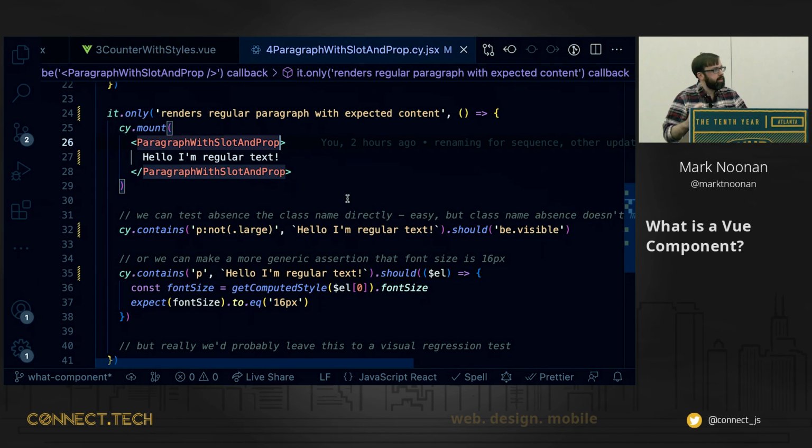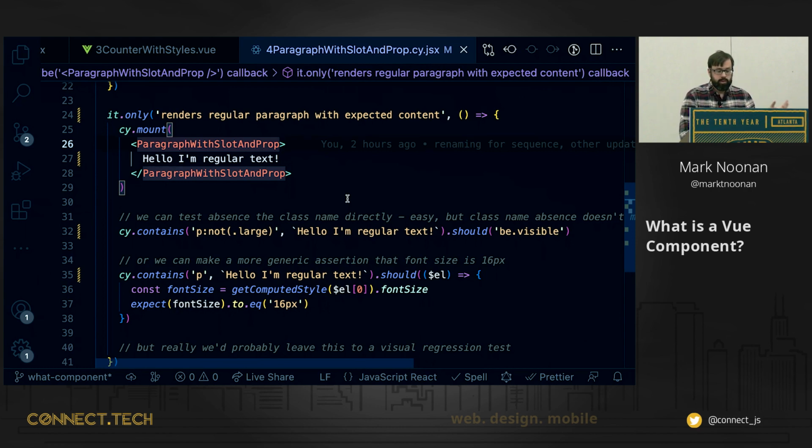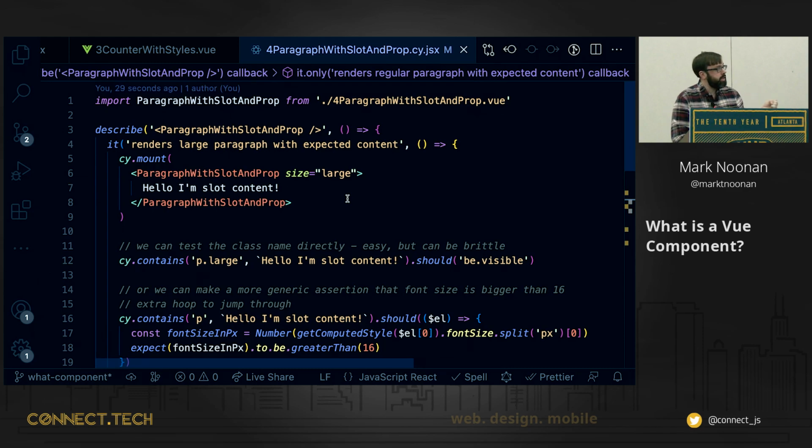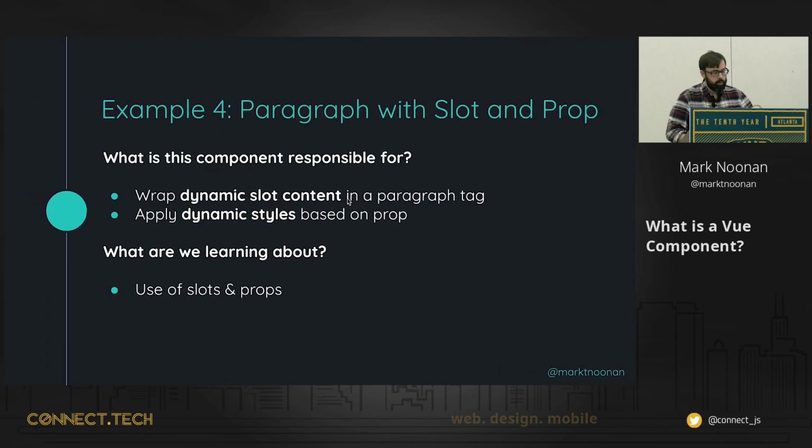So we've tested this surface contract of the component. Developers are going to use slots and props. Users are not going to use slots and props. But in terms of the responsibility of this component, it's got developer-facing and user-facing aspects. And we should test those, but I'll highlight that we should only test those here when we're speaking about this